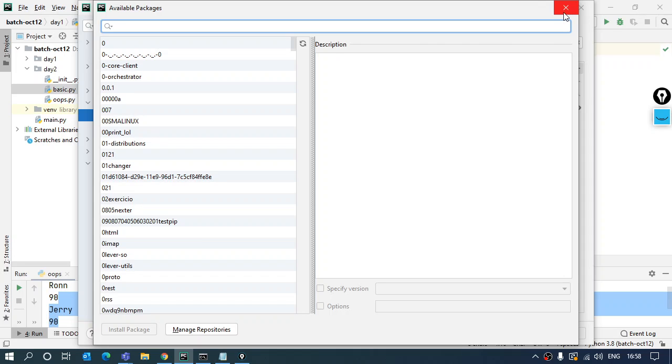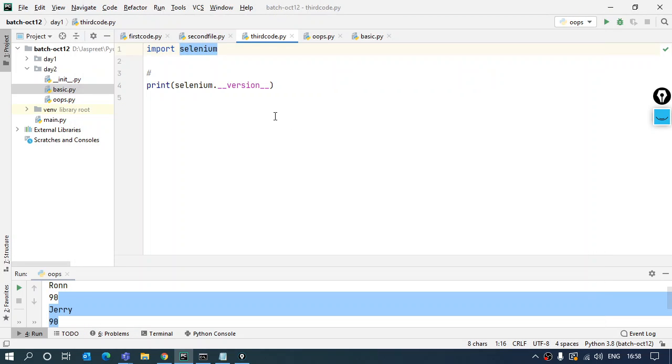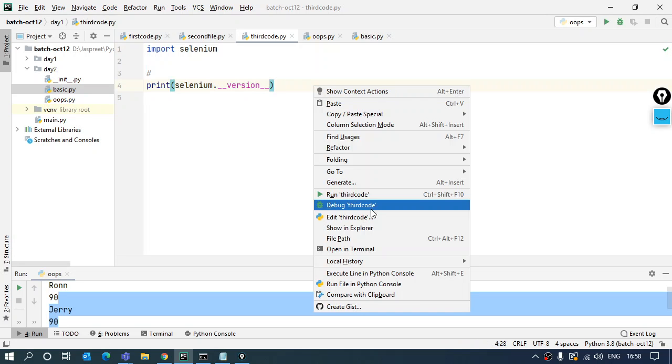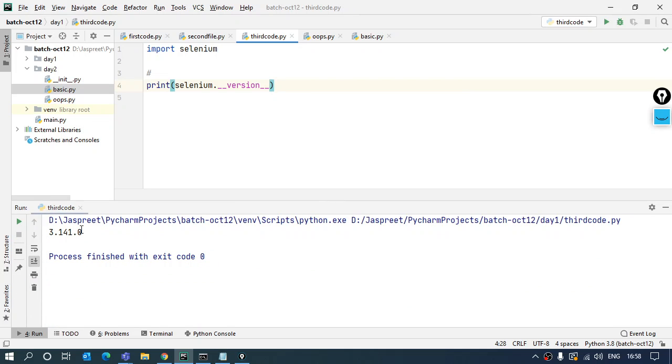Otherwise it's going to give me an unnecessary error. So you need to do this for every external package. Then this thing we used to check was giving me the latest version of Selenium installed in my system. I didn't give any version, it automatically installed the stable version.